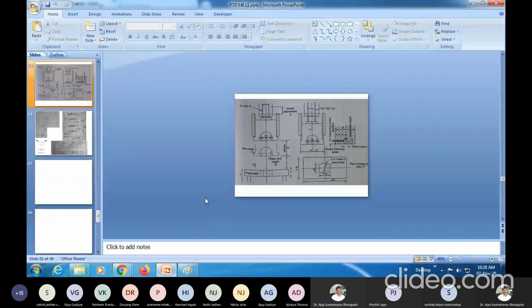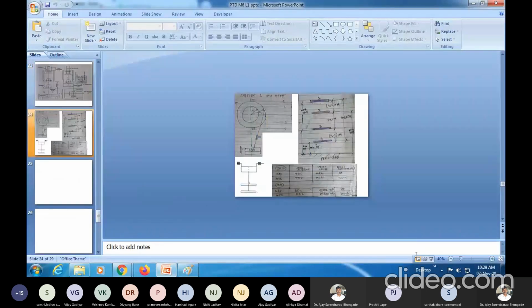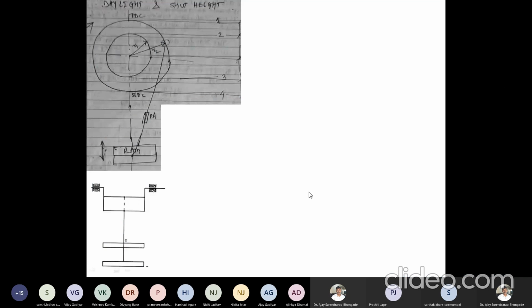Okay, so let us move to another part. Now, the things which have been shown here: you can see what I tried to show you is this particular thing. Radius R1 is the minimum crank radius, and R2 is the maximum crank radius.